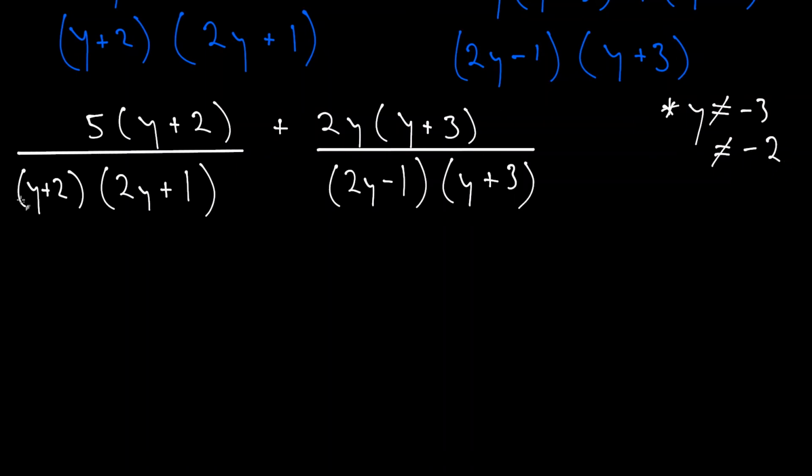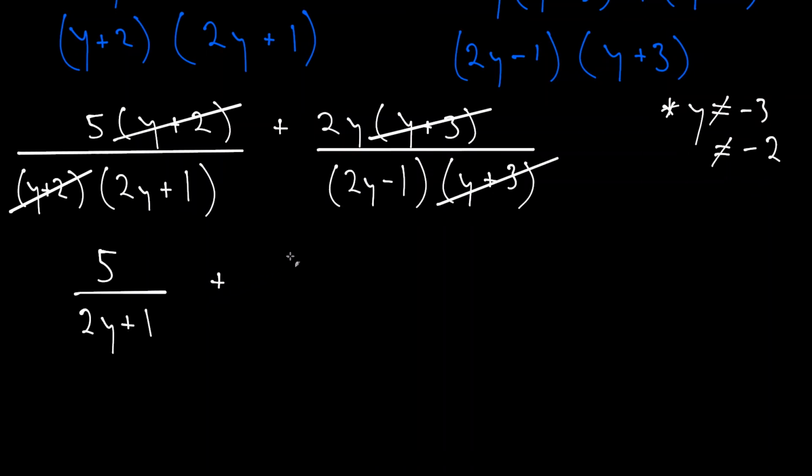And now we can cancel things out. So that cancels, that cancels. And by cancel, really, it's just becoming the number 1. It doesn't really go away. It exists as a version of the number 1. And when you multiply things by 1, it doesn't change how those things are. So what we really have here is a bit of an easier expression than before. I guess significantly easier. 5 over 2y plus 1